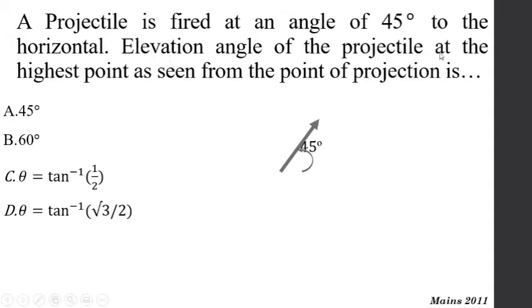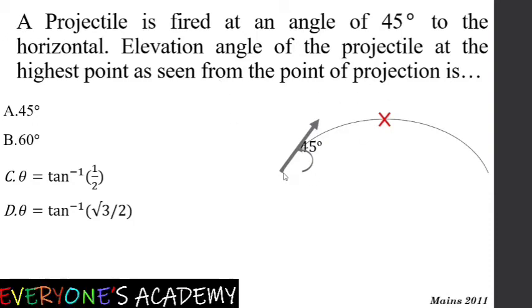Elevation angle of the projectile at the highest point as seen from the point of projection is. That means you need to find out the elevation angle at the highest point of the projection. So this projection will have a parabolic path, and the highest point will be somewhere here. The meaning of elevation angle is that it is given as seen from the point of projection. That means this is the point of projection and this is the point of maximum height. So connect these two points with a straight line, and this angle you need to find out, that is